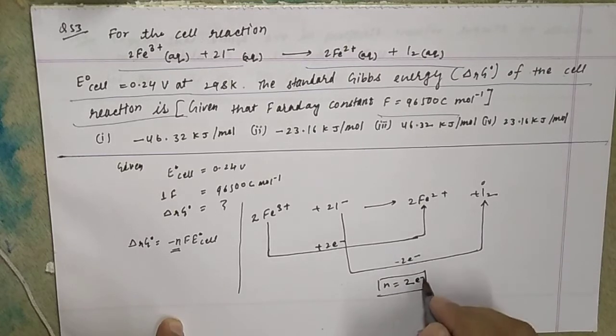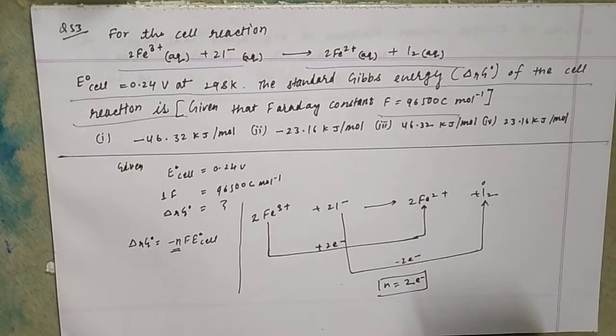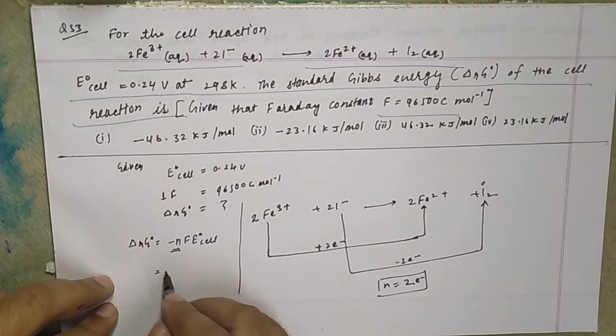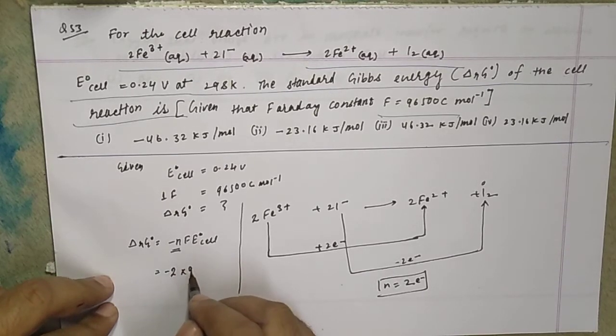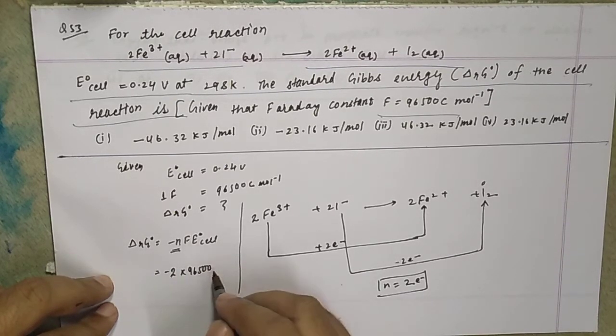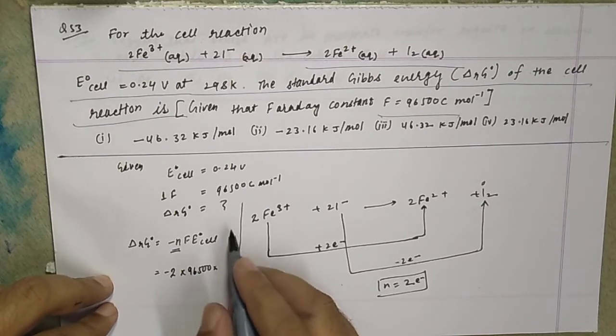Fe3+ to Fe2+ means 2 electrons gained, and 2I- to I2 means 2 electrons lost. The loss and gain of electrons will be equal, so the charges cancel and it becomes 0. So the loss and gain of electron is 2, one in case of being taken in and one in case of being taken out. So here it is minus 2, F value 96,500, into E naught value already given,